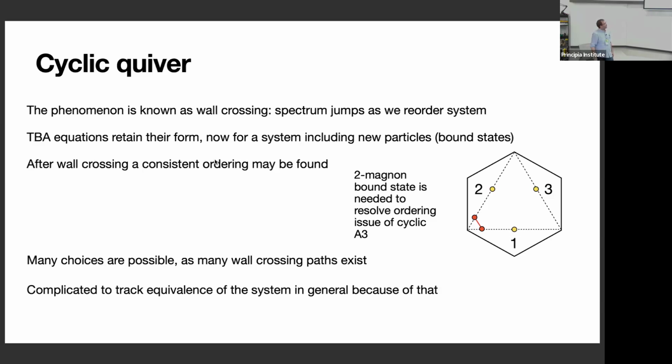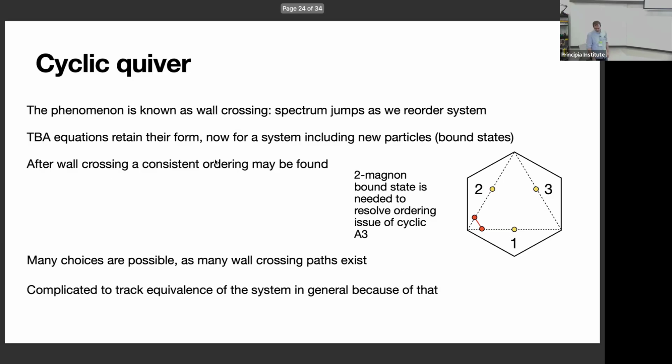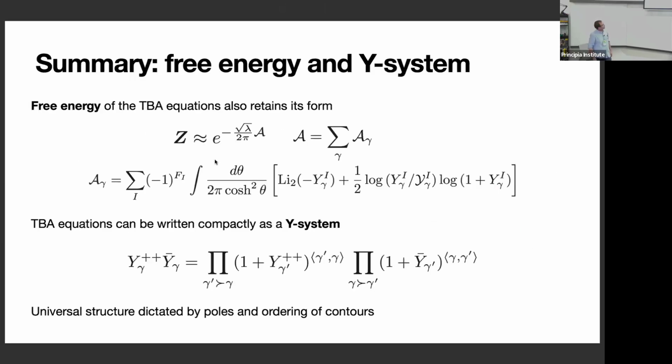So that is making the description of the system more complicated in general because we cannot read out the information directly from the triangulation. We have to think about how to equip the triangulation with an extra layer, an extra structure, which is this construction of a chamber. But I would continue about this construction of the chamber, but I mentioned that this is the rest of the information about the TBA, so